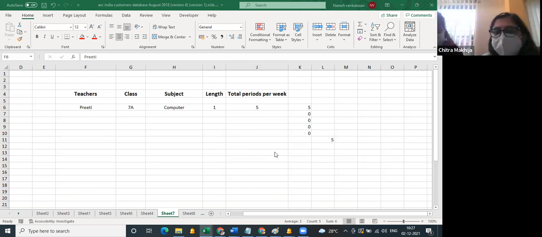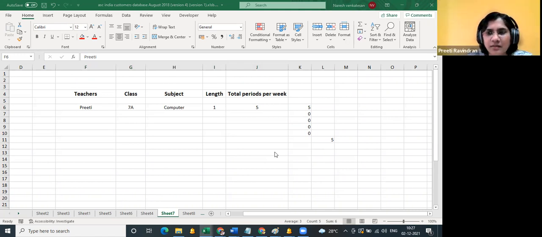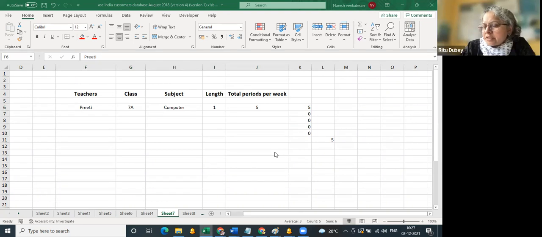I think by the length of the class, he means the frequency. Length of the class is the duration of the class. Is it a single period or a double period, is what he's saying. It doesn't matter what time your period starts. The length of the period is the duration of a single period, normally.